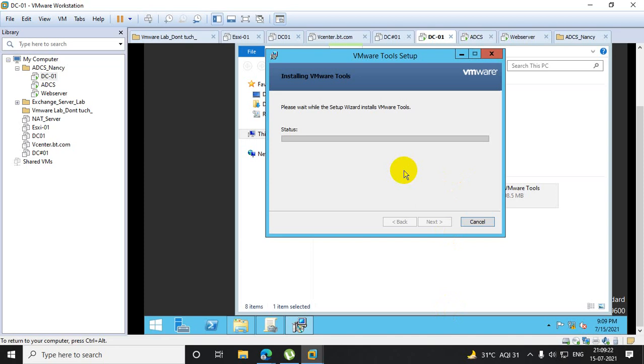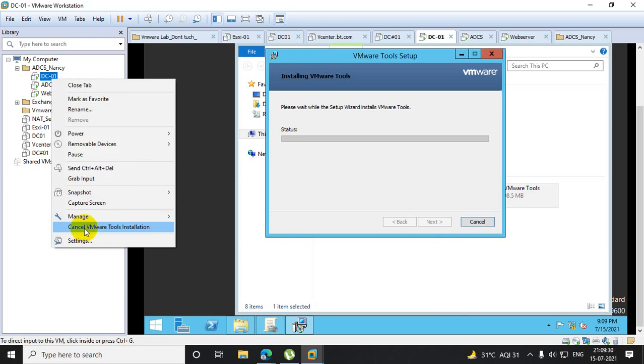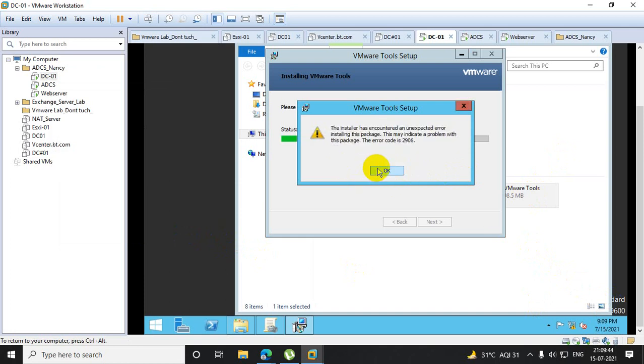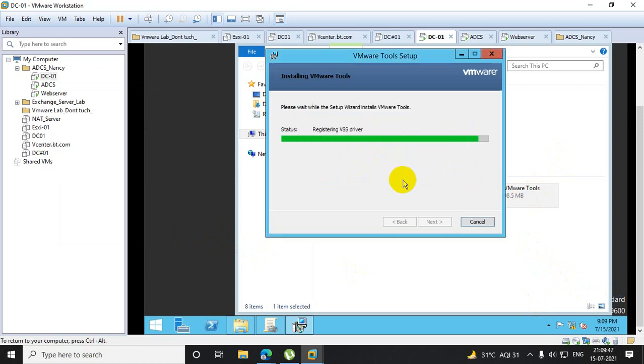When we do practical, the tool is automatically installed in your machine, or just click on this. Right now it's showing cancel VMware tool installation, but prior to it, the tool should not be installed. After you click on it, a pop-up comes, then go directly to My Computer and install it from there. Got it? Now after installing, VMware has the feature to copy files from my base desktop to this particular VM. Even shared folders can be enabled.